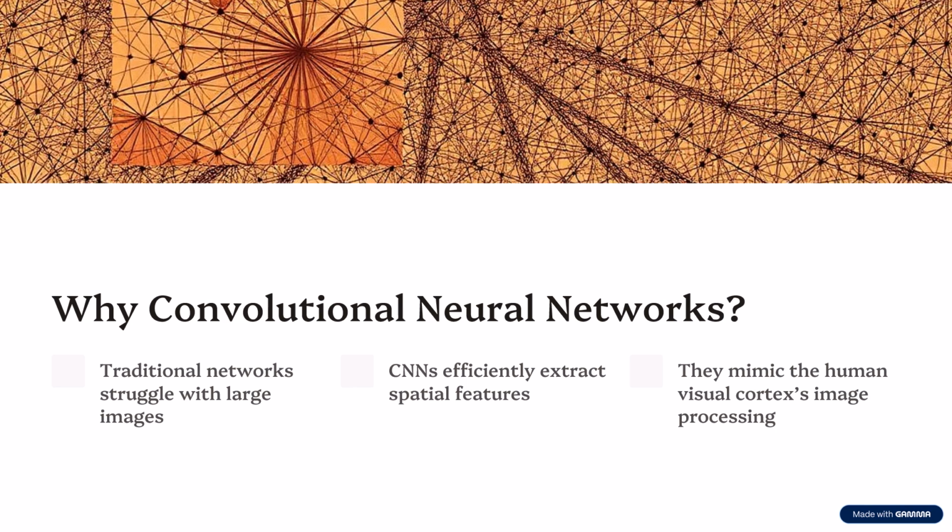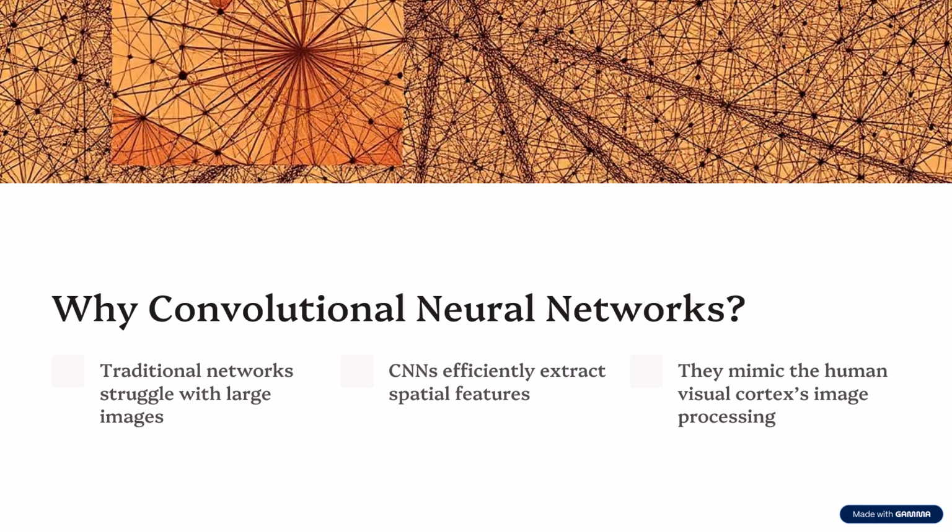Convolutional neural networks or CNNs are a special type of neural network designed specially for working with image and visual data. Unlike regular neural networks, CNNs can automatically detect important features like edges, shapes, and texture from images without needing manual help. The reason we use CNNs is that they are very good at understanding images because they look at small parts of the image at a time, called filters or kernels. These help the network learn patterns like lines or curves and then combine them to recognize more complex shapes like